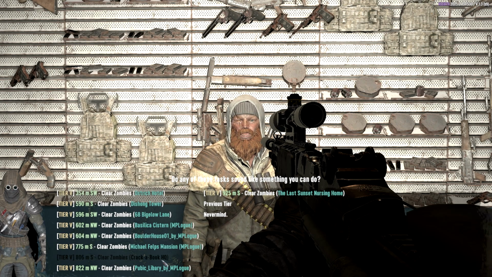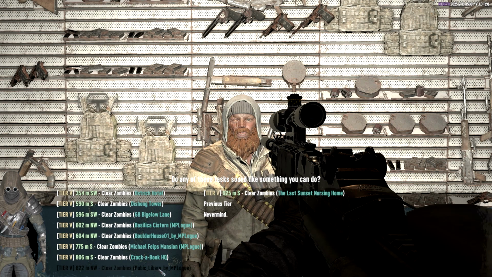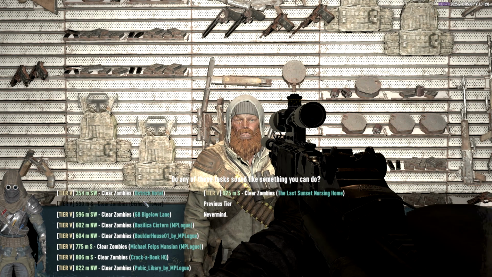Cracker Book is kind of dangerous, especially with that one floor being so insanely filled with enemies. It's going to be a real hard choice. The MP log, this would actually really help us because there's a ton of bookcases, but it's also very dangerous. So I think it's between the Cracker Book and the Ostrich Hotel. And if the Ostrich Hotel is...